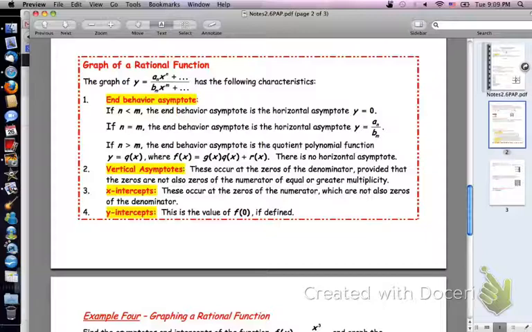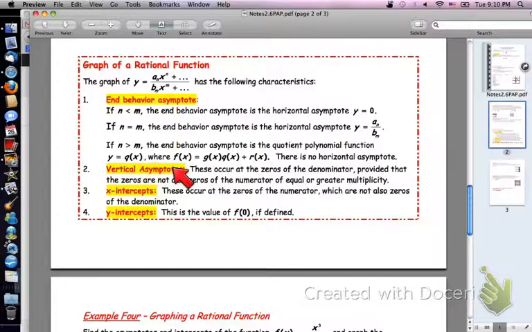And if n is greater than m, so if the numerator's degree is larger than the denominator's degree, our function is just going to continue to increase in value as we approach infinity. So it's never going to actually approach any horizontal line. And we can think about it if we look at this y equals